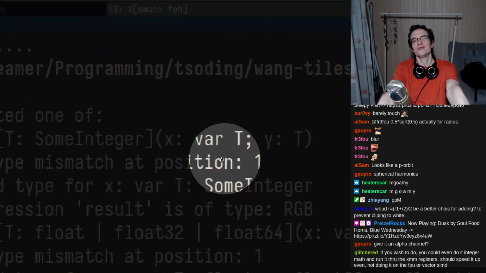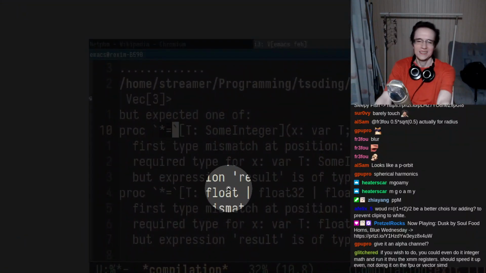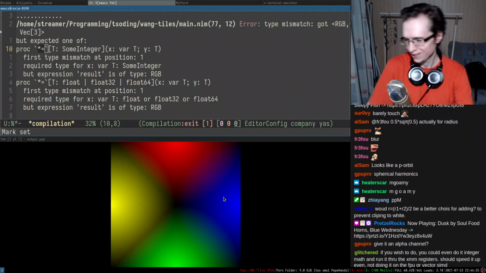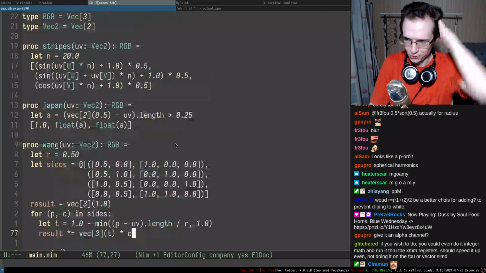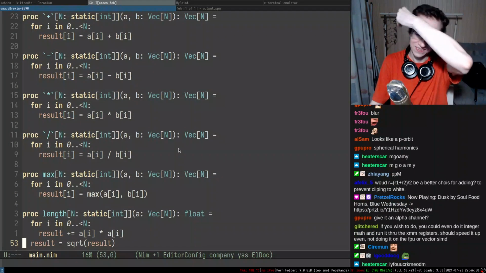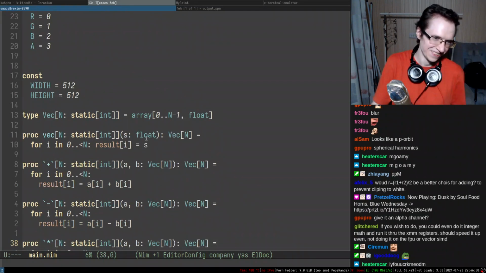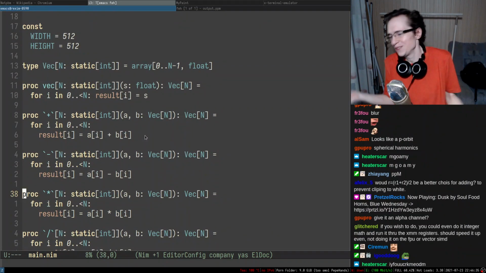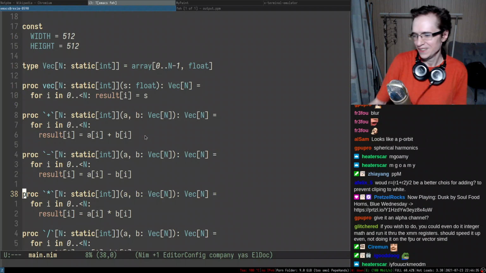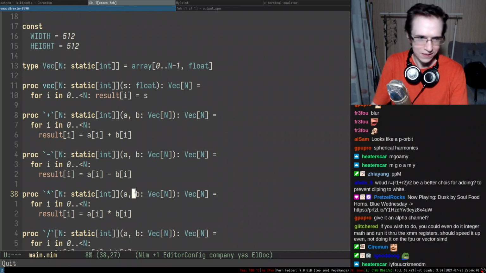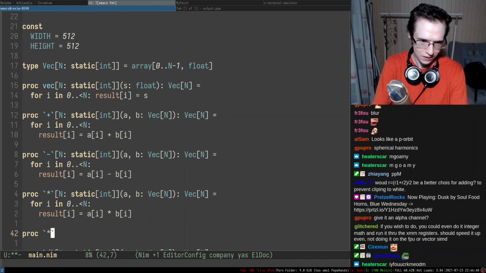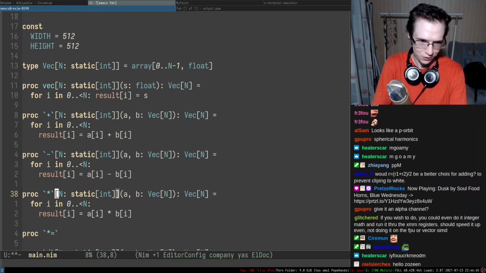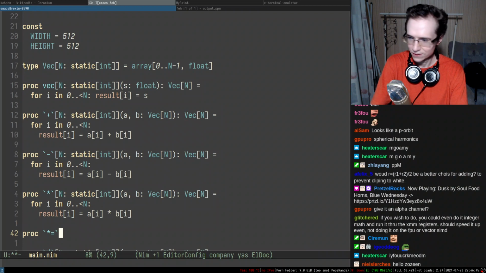Yikes. Okay, so we'll have to do that, I suppose. I don't want to do that, but we'll have to do that. Okay. I mean, we can specifically do that operator, if you know what I'm talking about. Well, I mean, it's like in C++, so what did you expect? Proc. So in here, we'll have to accept this entire thing.